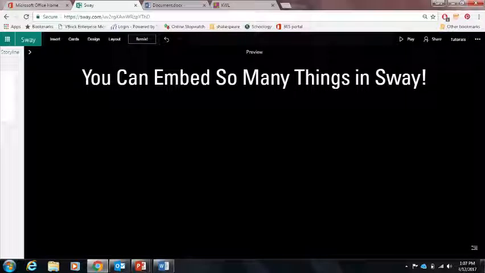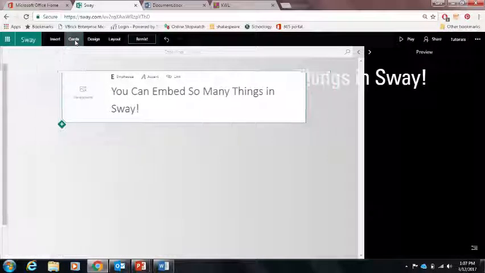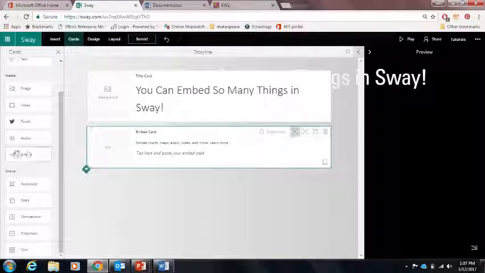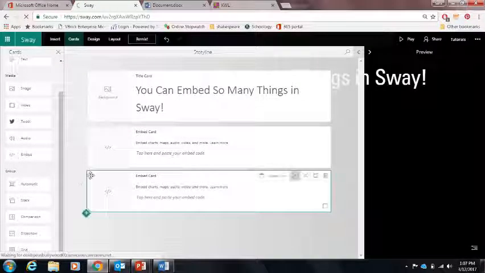One of the awesome features about Sway is that you can embed things within a Sway, including another Sway. So you could have Swayception in here. How to do that is you're going to go to the cards, and in the cards you're going to go down to Embed, and you can bring that card over,